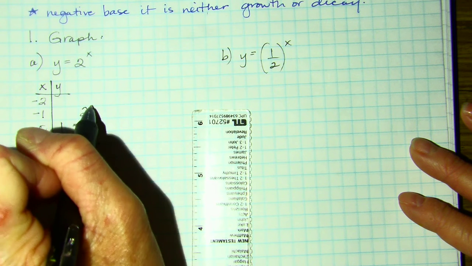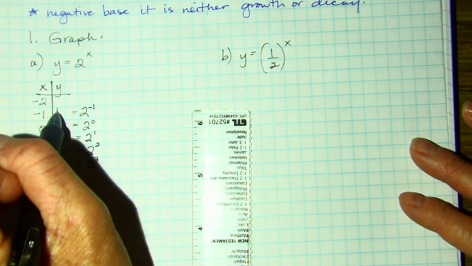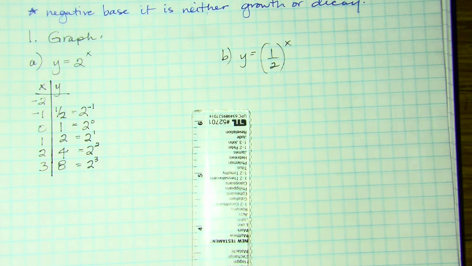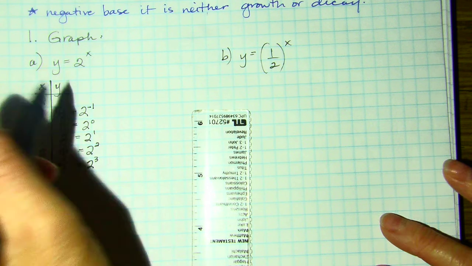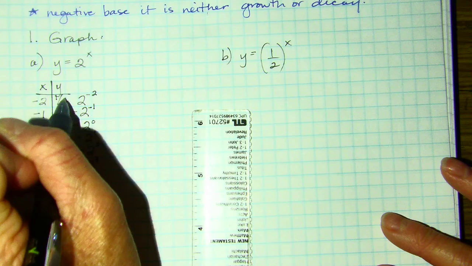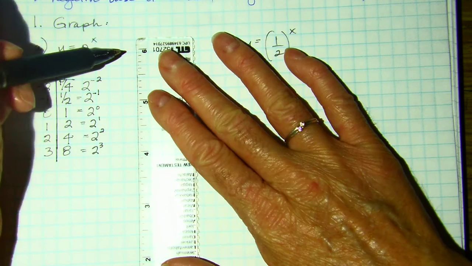Now 2 to the -1st means I'm going to write the reciprocal. That would be 1 over 2. That's why it's so important to know how to simplify negative exponents. 2 to the -2nd, well, that would give me 1 over 4. So the graph of this function,